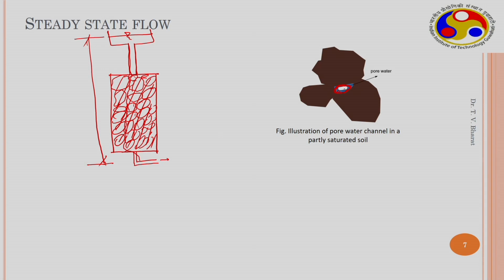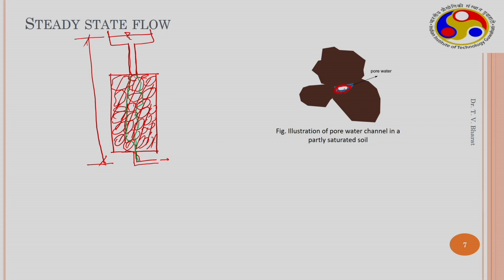Similarly, it may form a few free paths. Elsewhere the soil will be unsaturated, but there are a few free paths through which the water can come out. Because of this, the flux may be constant with time,